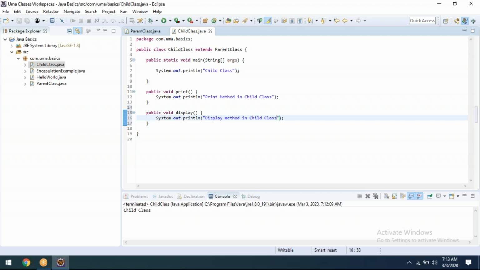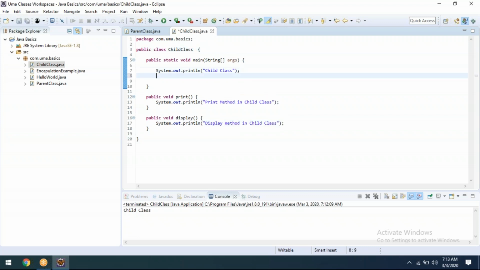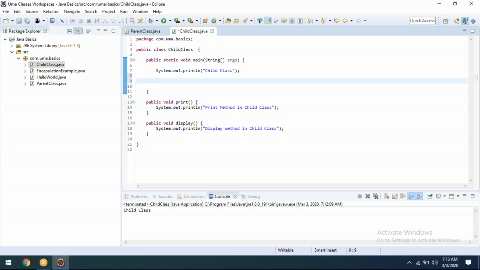Now, what I will do, just remove this parent, I'll explain. See what I'm going to create. I'm going to create a method because I need to call these two methods.